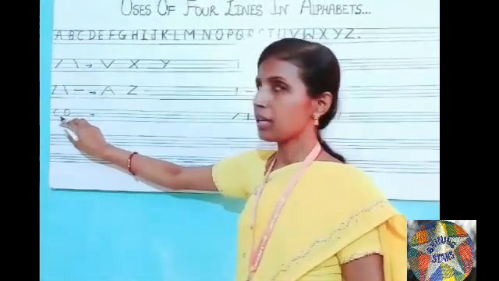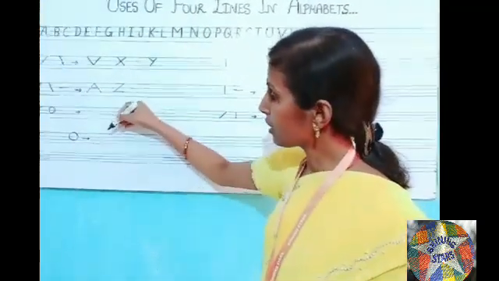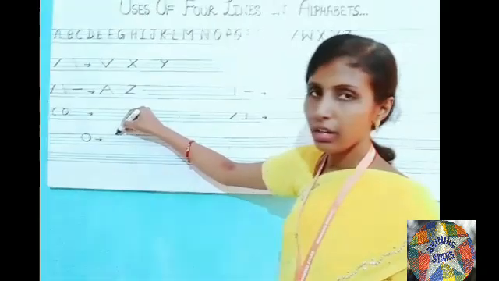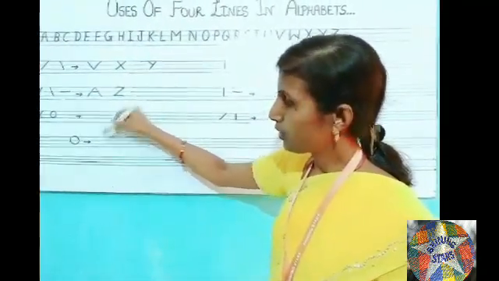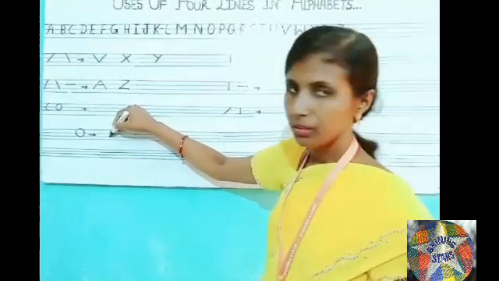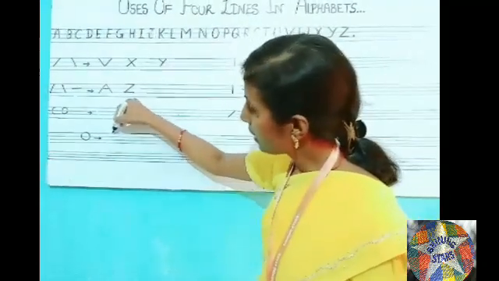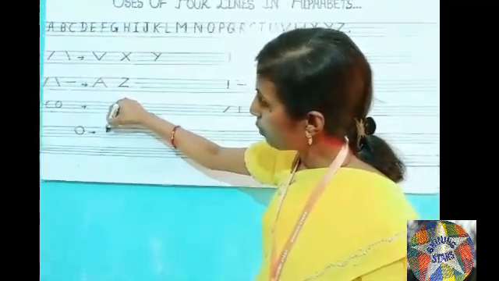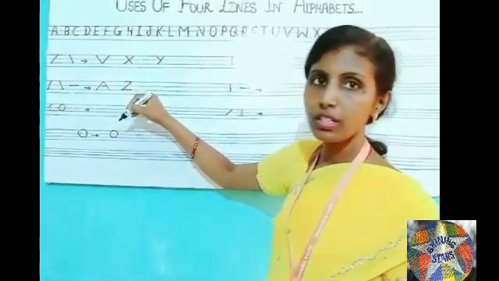Before using the semicircle, how to make a circle? We will draw like this. Look at here. First we count the lines. 1, 2, 3. How many lines? 1, 2, 3. In 3 lines we will draw an O. In 3 lines what will we draw? O. It looks like an O, a circle.